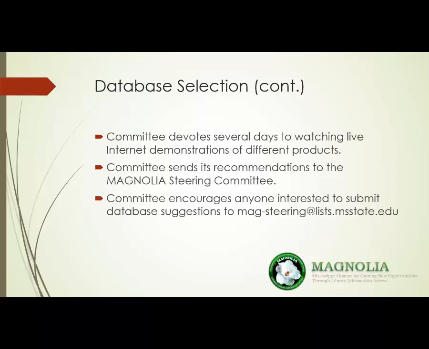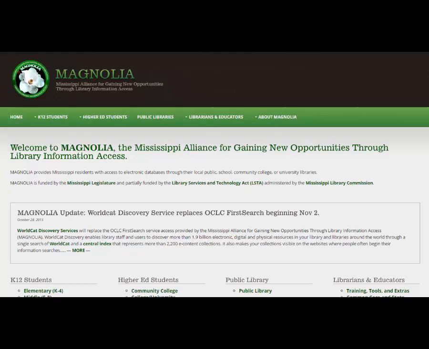If you would like to suggest that MAGNOLIA subscribe to a particular database that you are familiar with, feel free to email the selection committee at mag-steering@lists.msstate.edu. The main MAGNOLIA user interface is hosted at Mississippi State University and can be accessed by typing in the